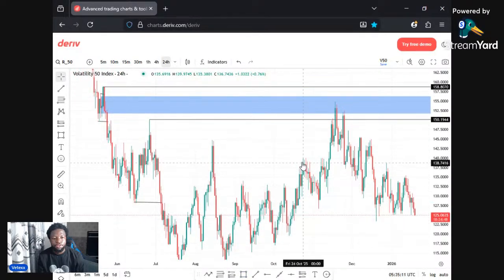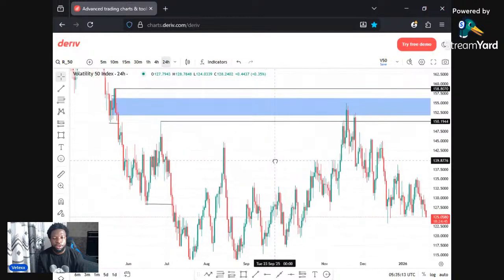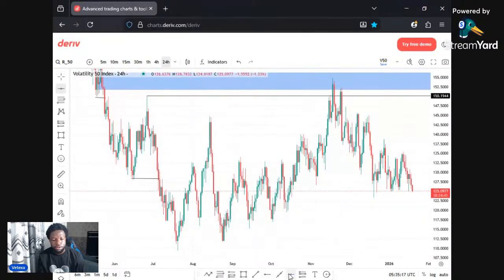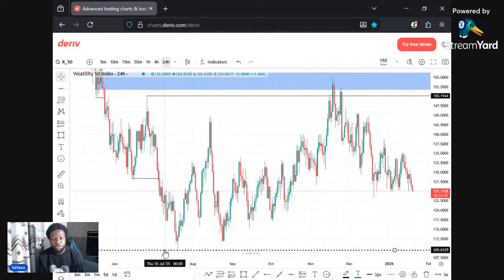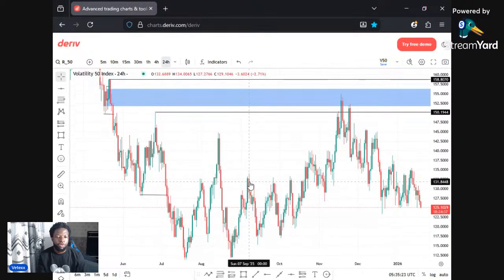As price tapped into this zone, it started pushing in the opposite direction. Starting point and finish point. This below here is our finish point. Now that we know where price is coming from on the 24-hour time frame and where price is going to on the 24-hour time frame,